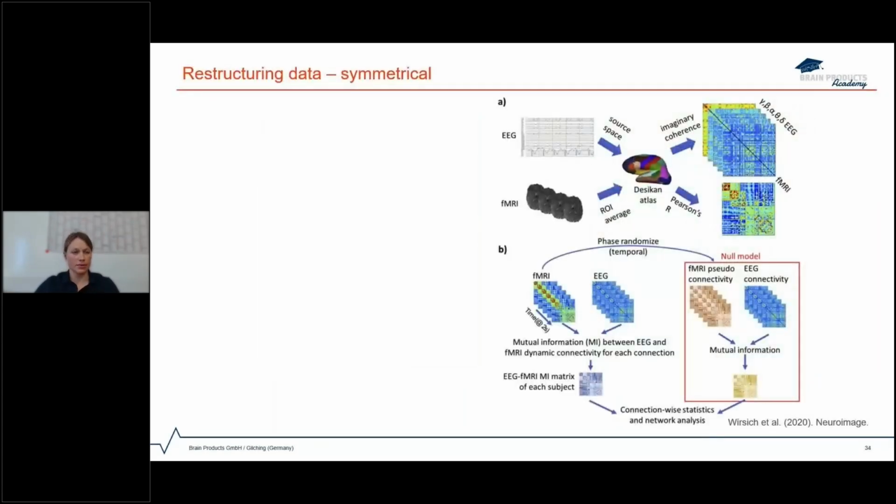To give an example of how we can possibly restructure the data, I would like to use this example from the paper by Versich et al. It showcases how EEG and fMRI data were restructured and then subsequently analyzed in a symmetrical analysis. What this paper did, in short, is assess the mutual information between fMRI functional connectivity and EEG connectivity across different EEG frequency bands. And while there's a lot going on in this figure, I just want to highlight the data restructuring that was done